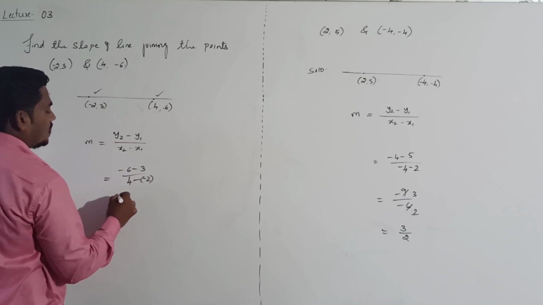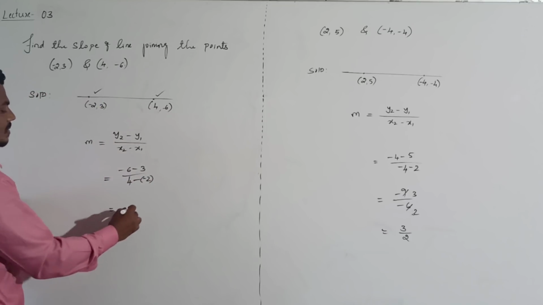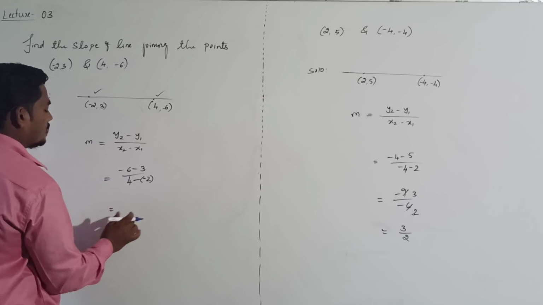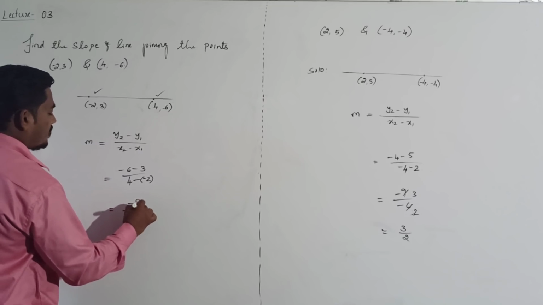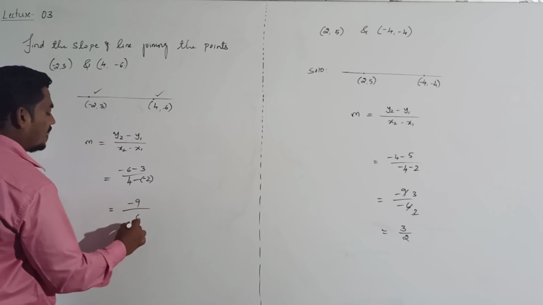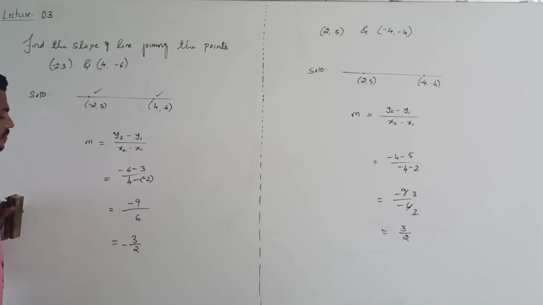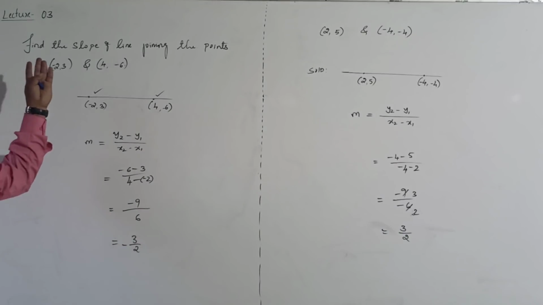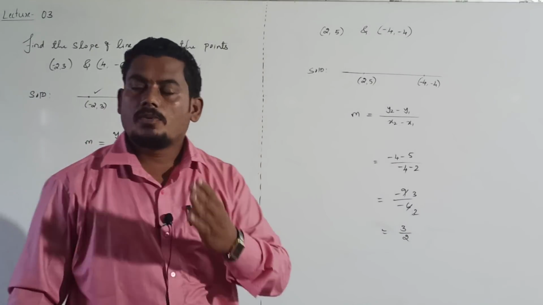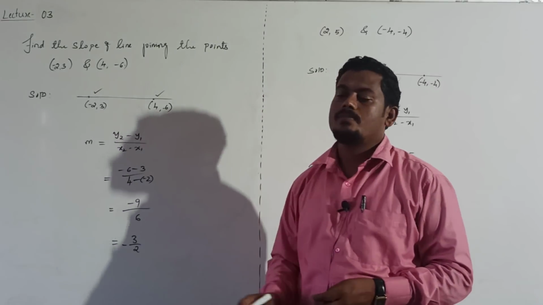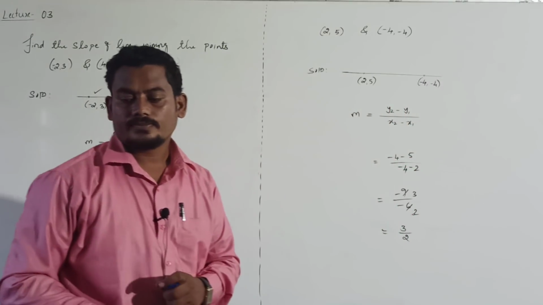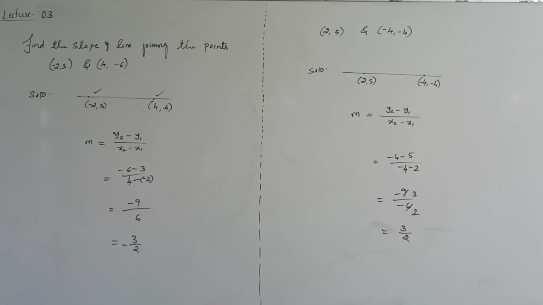That is minus 2, so minus of minus it will be plus, minus 9 divided by plus 6 it is, lastly you get minus 3 divided by 2. Slope of the line passing through these 2 points is minus 3 divided by 2, okay? Next problem,